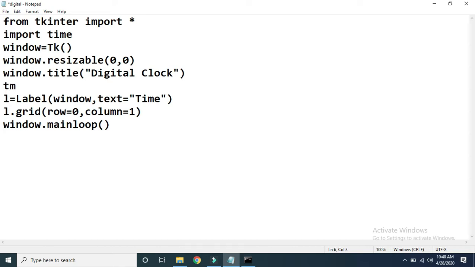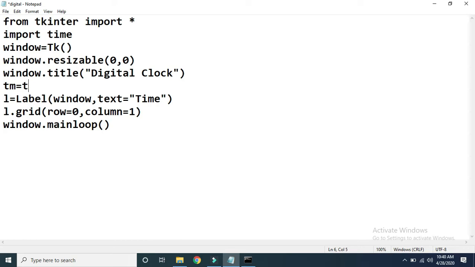I'm going to define the variable tm, and then we have to call one function from the time module. This time module is already imported in our program, and I have already told you what its use is. We import the time module because we want to display time on the label.